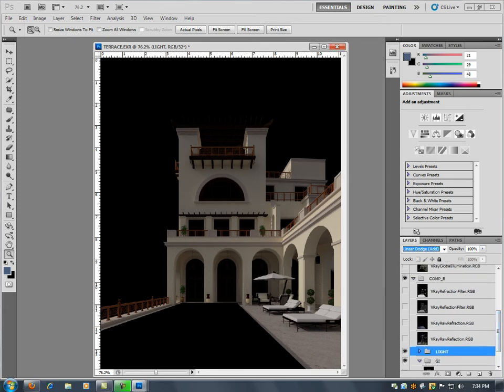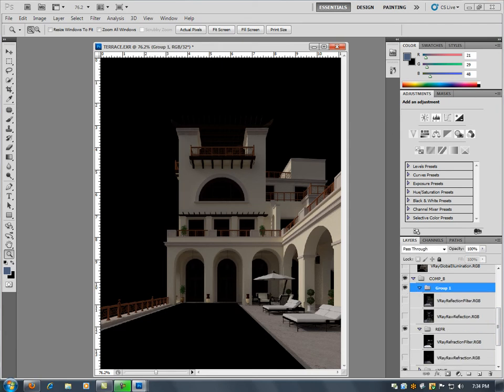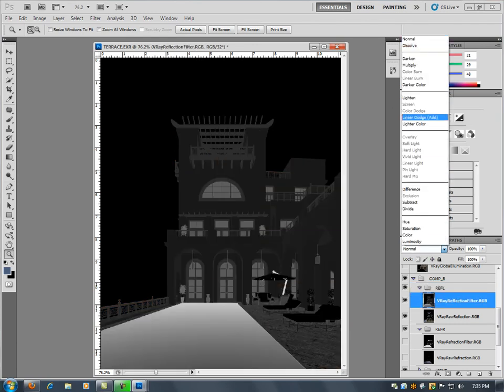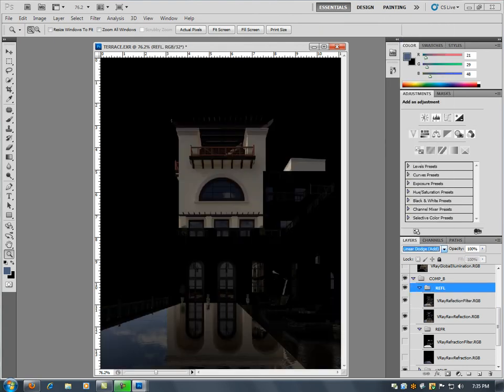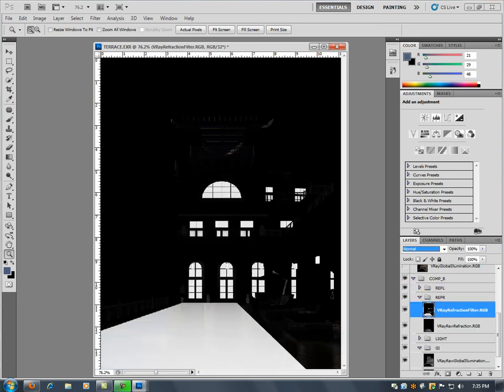Similarly, my reflection and refraction are the same. So if I take my refraction and my refraction filter and select those together and hit Control G, I can call this refraction. Same with reflection. These all get multiplied by each other as well. So I'm going to take this and put it on multiply, take my reflection overall and put it on add, and then rinse and repeat here. Put my refraction on multiply,